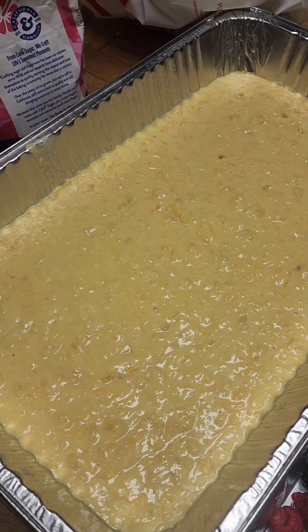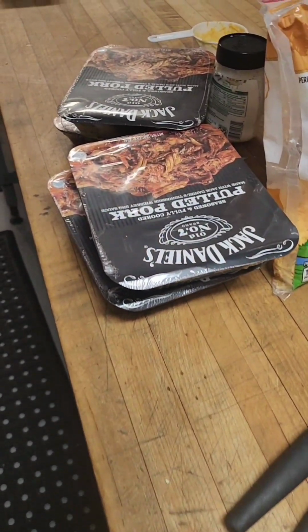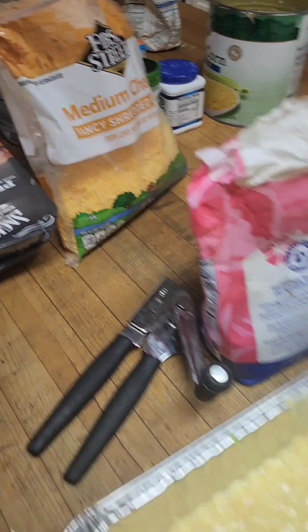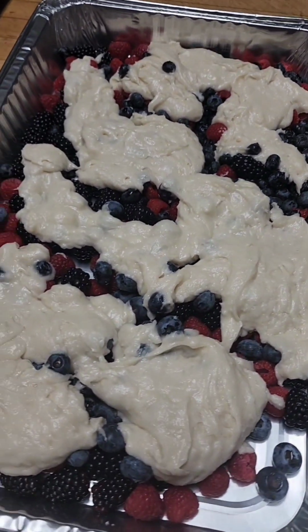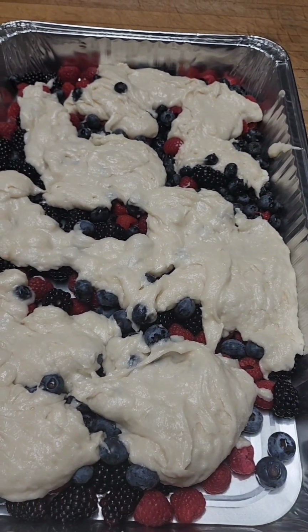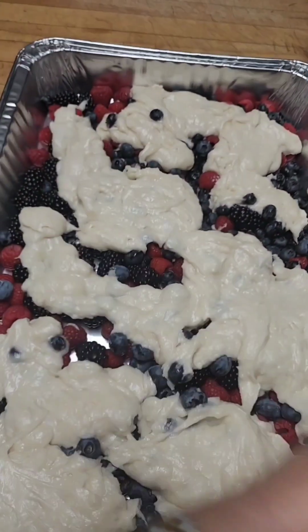When I take this out, I'll be putting on this pulled pork already in barbecue sauce and putting some cheese on top, and that goes in the oven again. Stay tuned. Okay, so now I've dumped the batter in big spoonfuls over the berries,